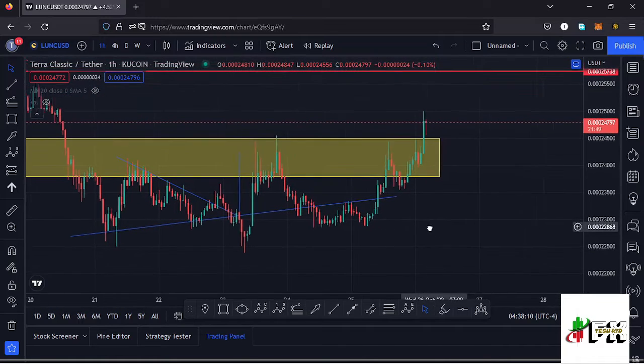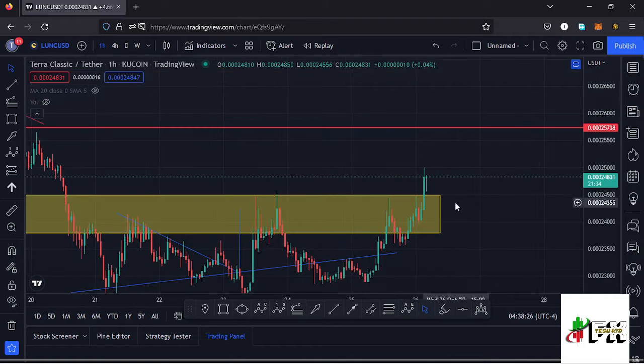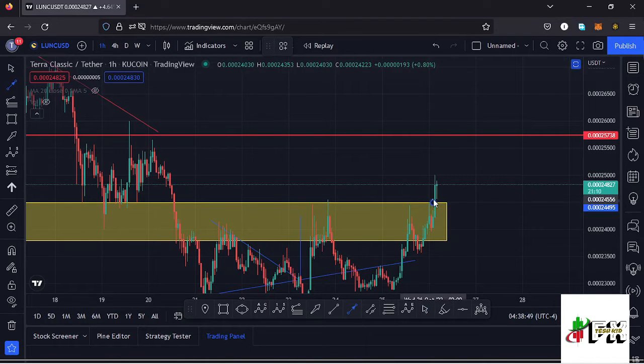And it seems like now we have gathered enough volume for us to continue pushing higher, since you can see we have managed to break above that key area of resistance. And now there's a possibility that Lunc might continue pushing higher, and giving you a possible scenario basing it on the key areas of support and resistances. There is a possibility that Lunc might continue pushing higher now that you have support over here, and in case that is the case, there is a possibility of Lunc getting back to around the